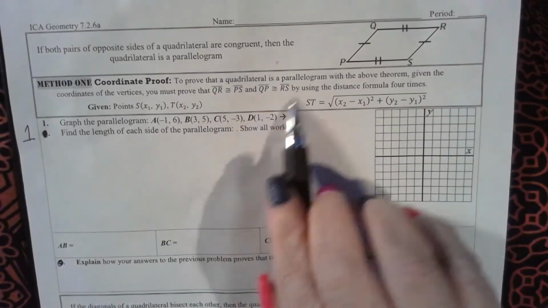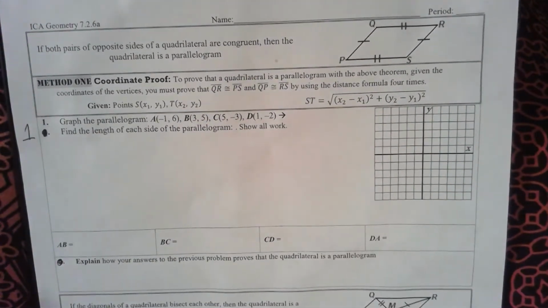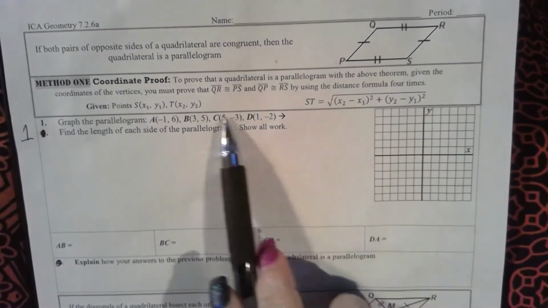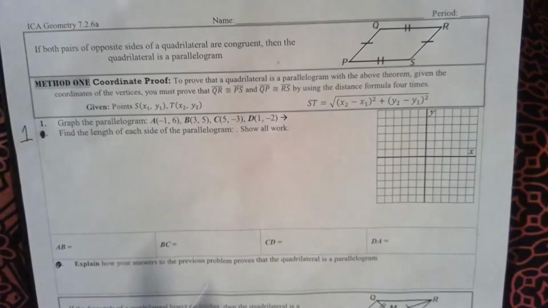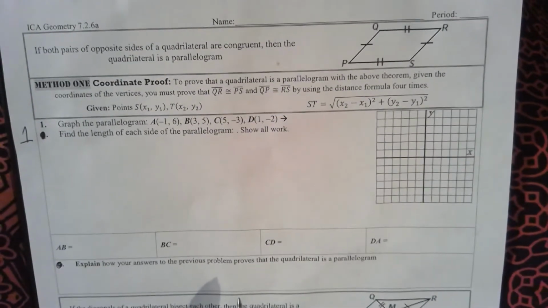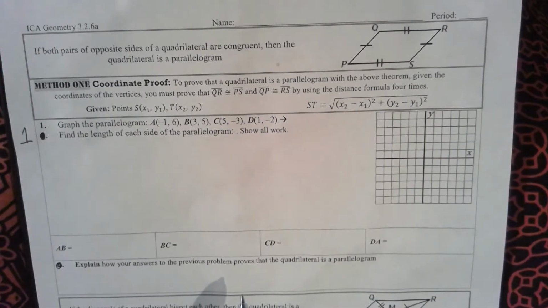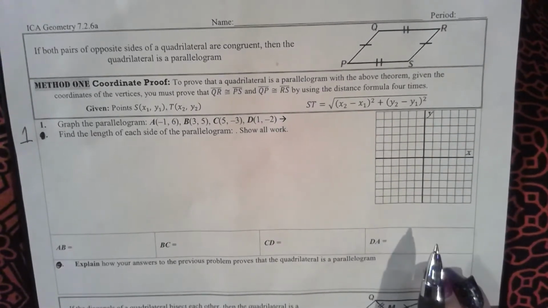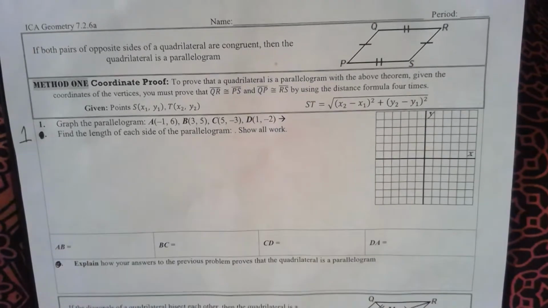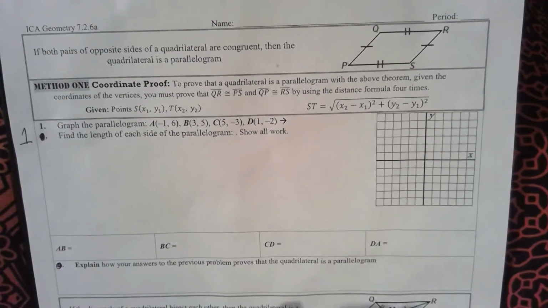Now, this very first problem talks about using the distance formula, but the easiest way my students have found to do this is to use the Pythagorean theorem. Let me show you a little bit of what we're talking about here. The first step is to graph the parallelogram. So we have